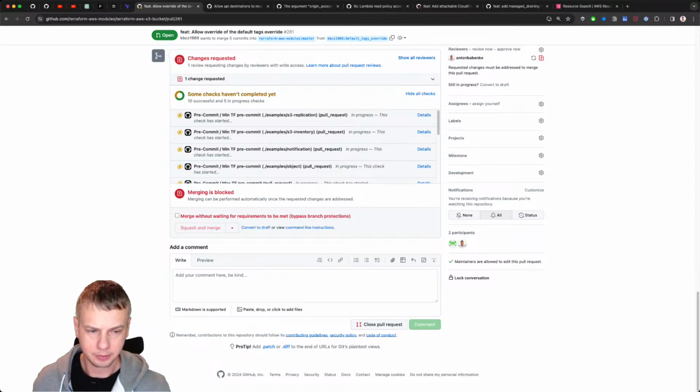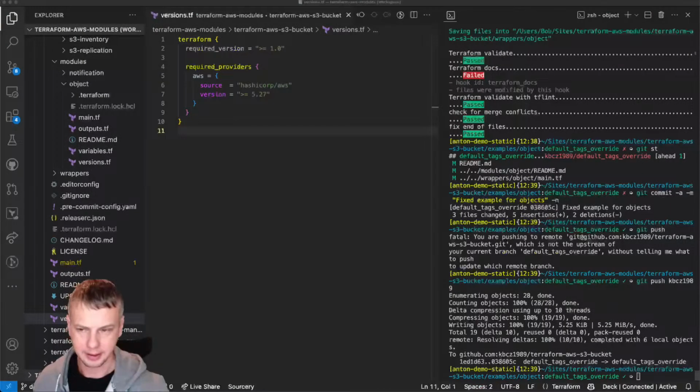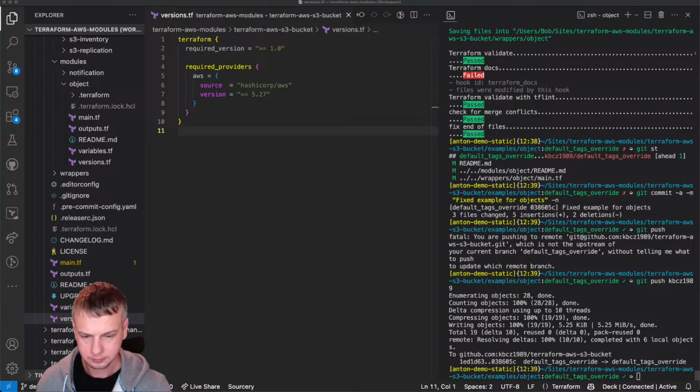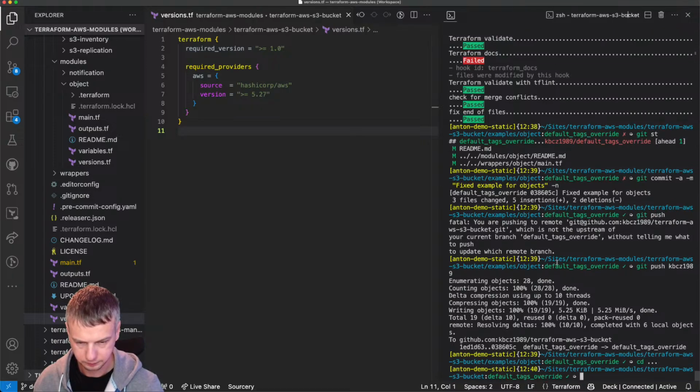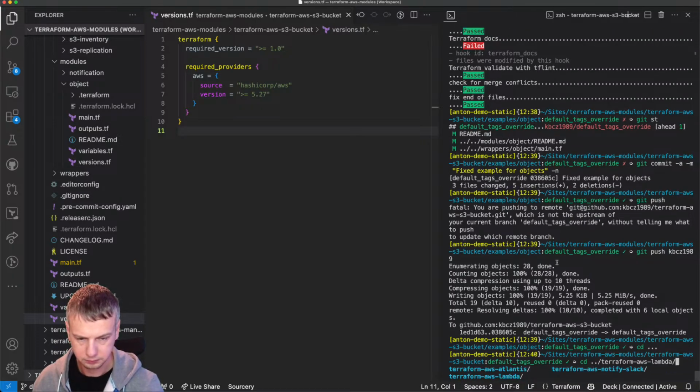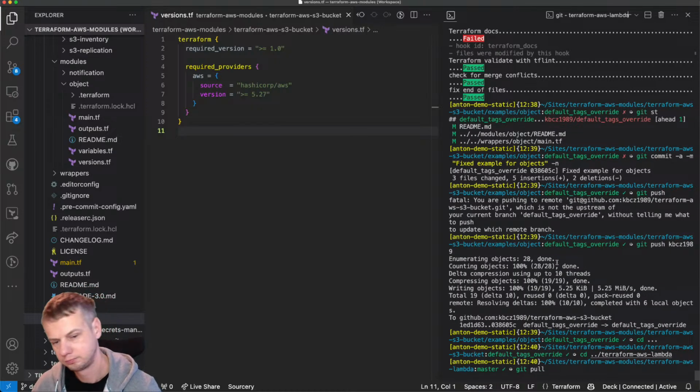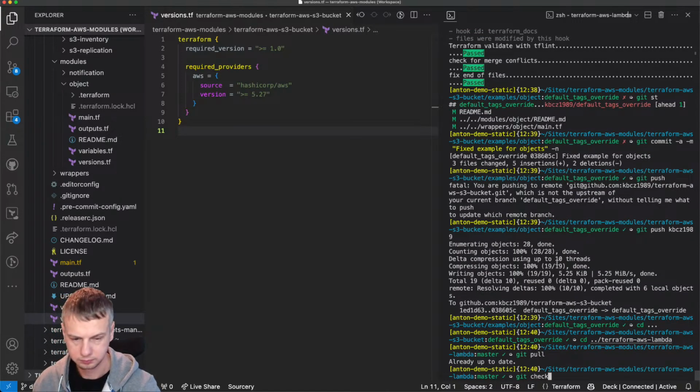Okay, so inside of Lambda module, it's going to be exactly the same thing. Lambda, it's going to be called default tag on, right.